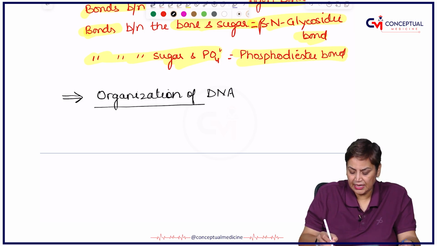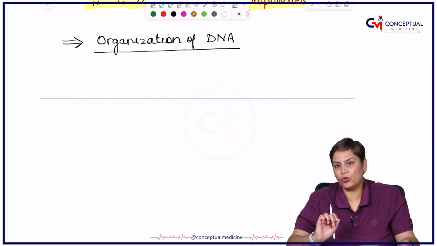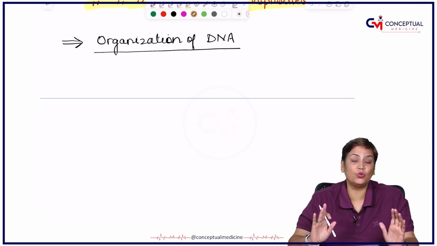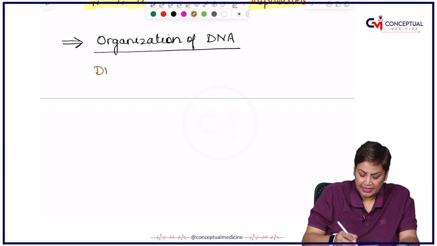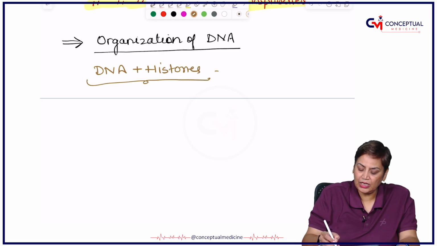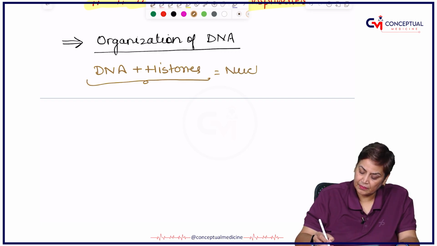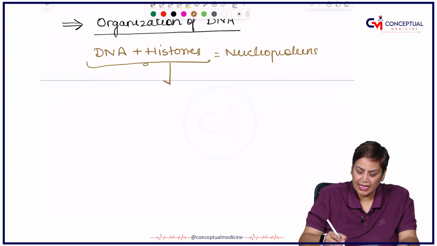Now, this DNA is organized with the basic proteins known as histones and non-histones. Very important. So, this DNA combines with histones and is known as nucleoproteins. And if we talk about histones, what are histones? They are the proteins, basic proteins